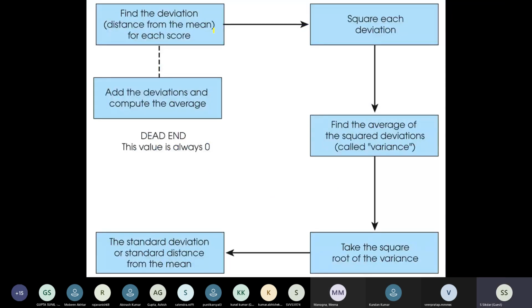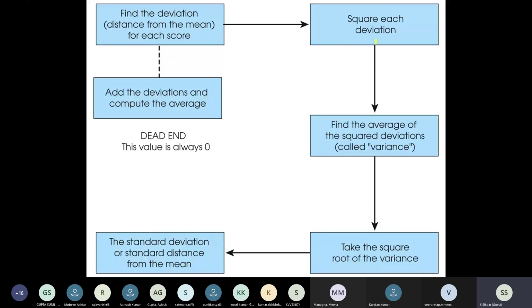Okay. So it is just in the form of a chart. It has been shown, nothing great or something. It has shown just like your logical chart or logical loop. It has been shown that you add the deviations and compute the average. Find the deviation. That means